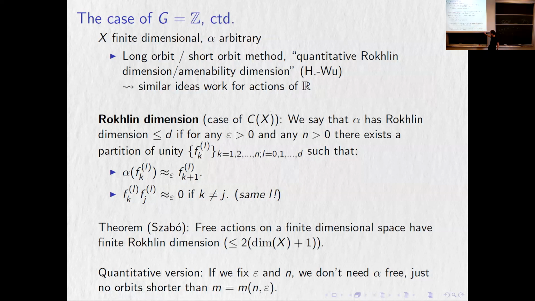Now it turns out, if you stare at it, we know that to get finite Rokhlin dimension the action has to be free. But if we want this very limited version, where we can find Rokhlin towers of length n and error epsilon, then you don't need the action to be free. You just need it to be free enough. And you could prove it using ultrafilters, if you prefer not to write an actual proof, or if you like logic.